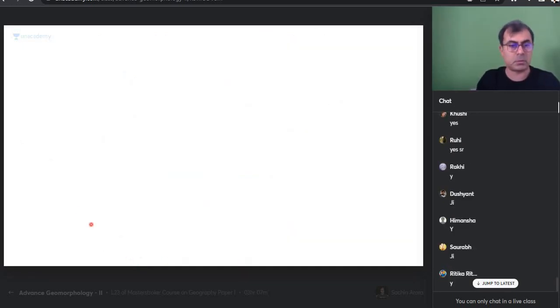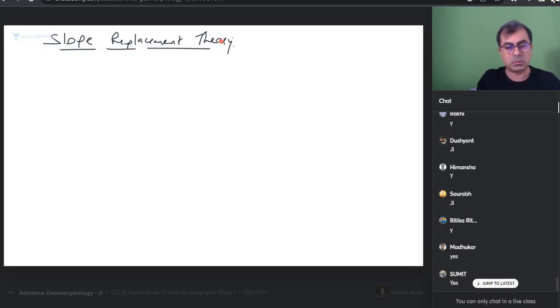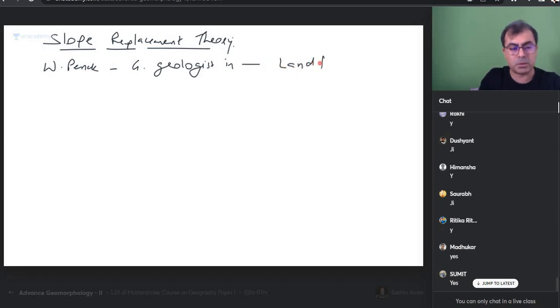Slope replacement theory. Please write down. Penck, a German geologist, Walter Penck, a German geologist, in his study of landforms, found the Davisian ideas inadequate and lacking on scientific grounds. Inadequate and lacking on scientific grounds. He found Davisian work